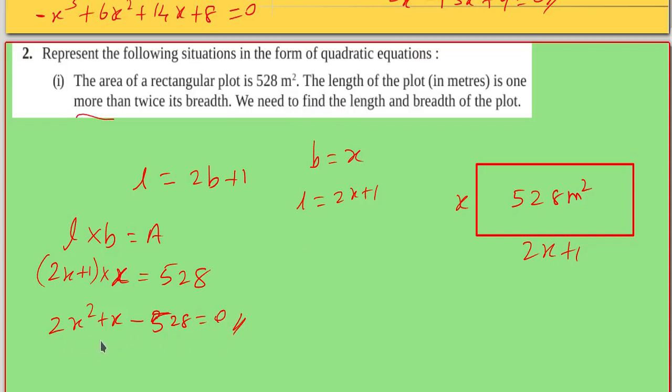So if we simplify this equation, we will get the value of x. As it is a quadratic equation, we will get 2 solutions. So we will get 2 combinations for this one single area. We will get 2 values for x, and both values also satisfy this given condition.